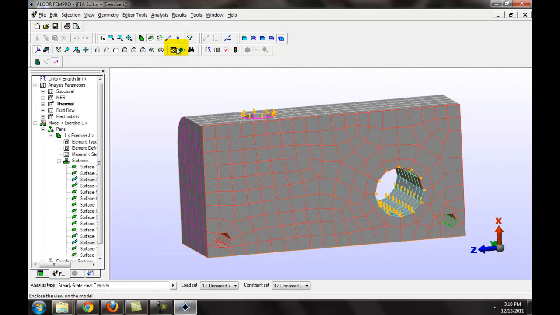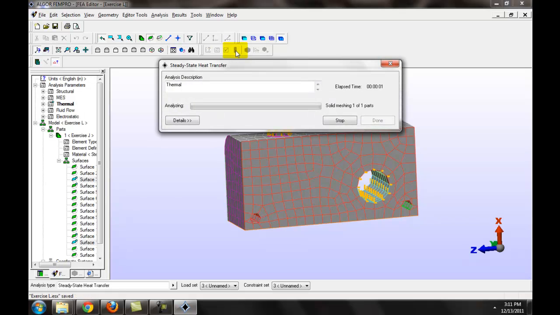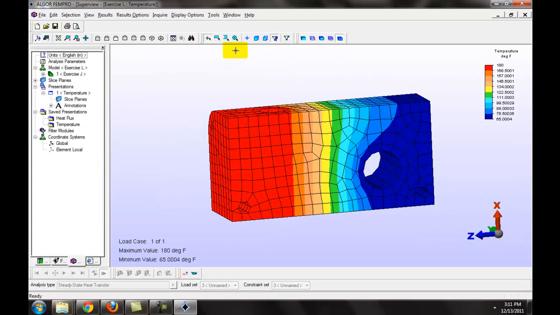And in order to enclose the whole structure to screen, in simple words, fit to screen, this one is right here. Just click enclose so that you can actually see the whole structure on your screen. And then once this is done, go ahead and click the perform analysis icon all the way in the analysis tab, and then you will be directly driven into the super view, where you can actually see the whole analyzed structure with the von Mises stresses and stuff. Again, the analysis time will vary from machine to machine,